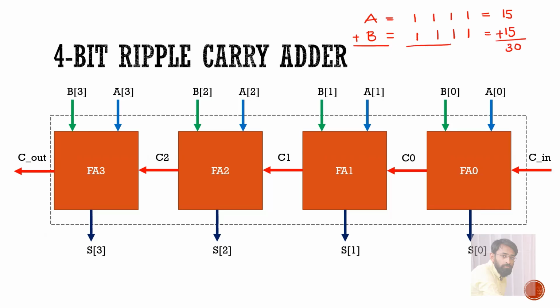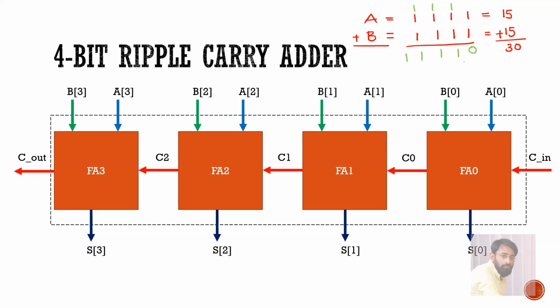The same operation we shall perform in the form of binary. See here, 1 plus 1. We know that 1 plus 1 is nothing but 2, and 2 can be represented as 1 0. So 1 plus 1 is carry 1, sum as 0. Next, 1 plus 1 plus 1 will give 3. So 3 should be represented as 1 1. So 1 and 1. Again the same, 1 plus 1 plus 1 is nothing but 3, so it should be represented as 1 1. Carry is 1 and sum is 1. Next again 1 plus 1 plus 1 is 1 1.